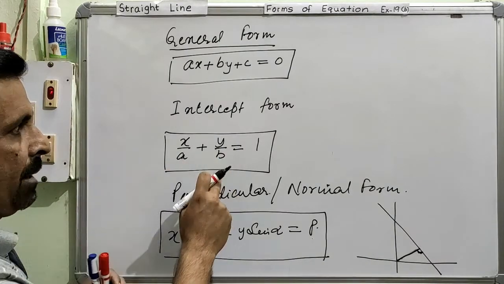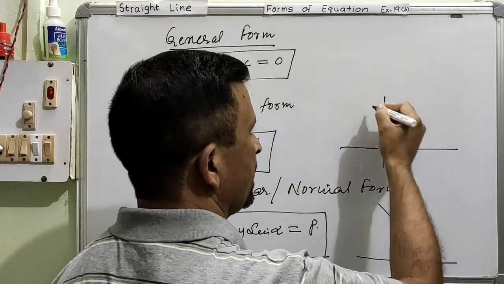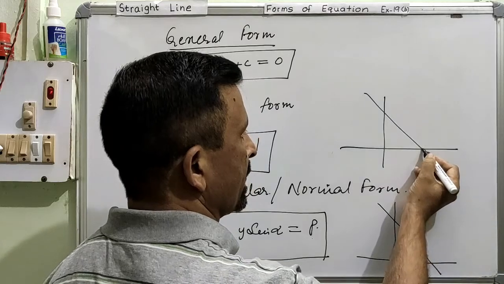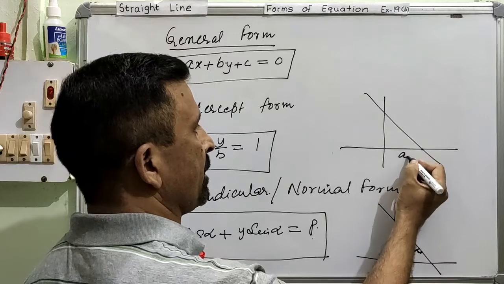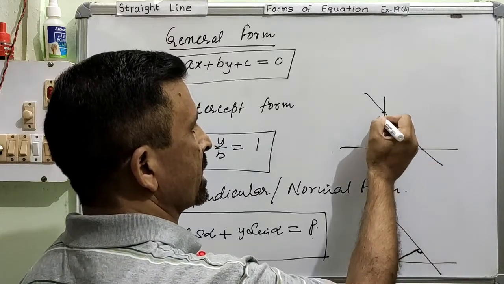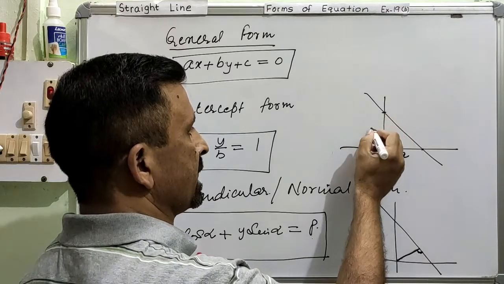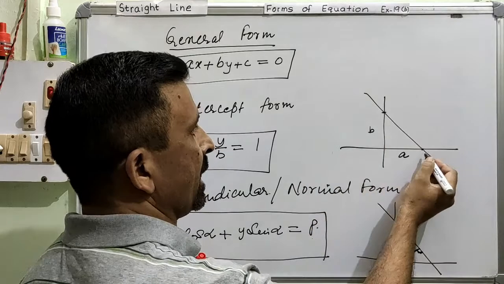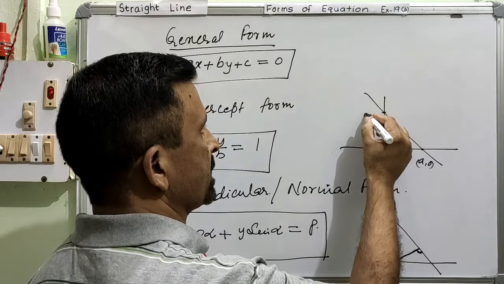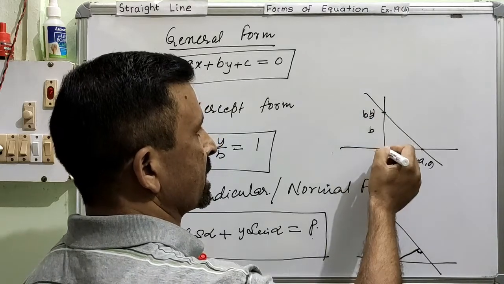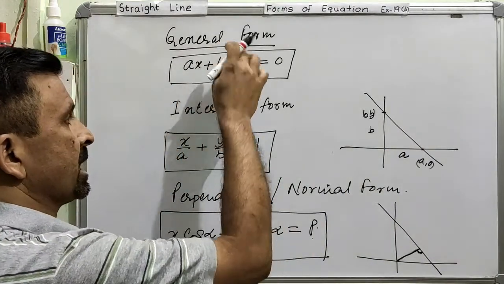In the intercept form, we are able to get the x-intercept and the y-intercept. If you have this coordinate system and the line is drawn this way, the point where it cuts the x-axis is called the x-intercept. It will be marked as a. The point cut on the y-axis is called the y-intercept, and this distance is b. Therefore the coordinates of these points could be (a, 0) and (0, b). You know that on the y-axis, the value of x is always 0. Clear?